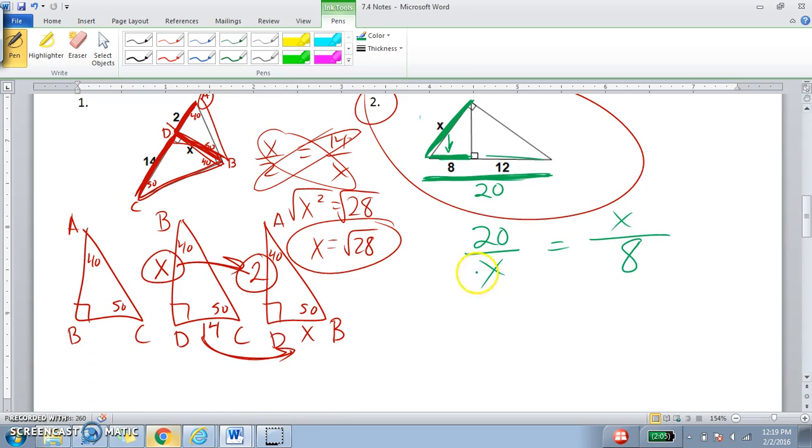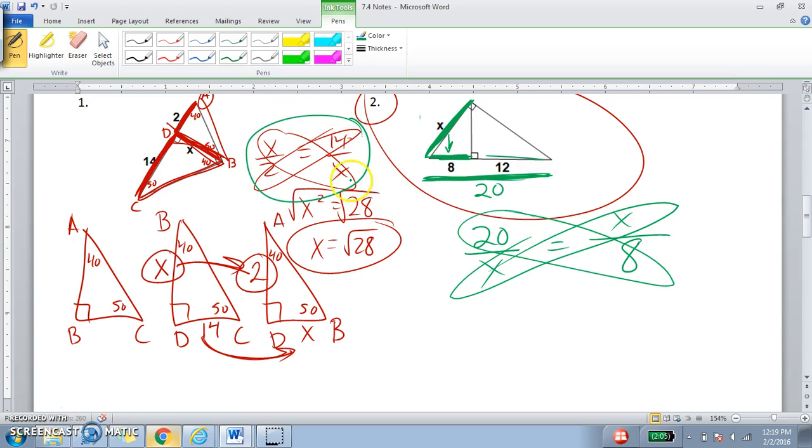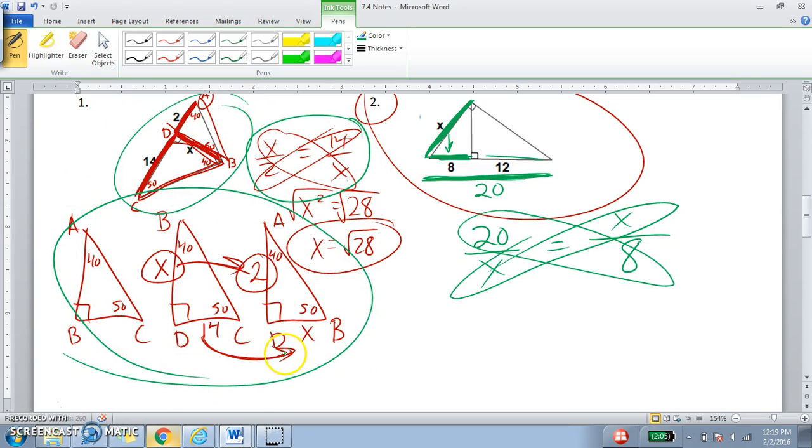When I cross multiply, notice how we ended up with something similar over here. We ended up with x and x in two spots and then two numbers in other spots. We could also apply the first geometric mean theorem to this triangle over here, and it would end up being a lot less work than drawing out these three triangles, creating a proportion based on the corresponding sides, and then solving it. So back to over here, if I cross multiply this, we get x squared, 20 times 8,